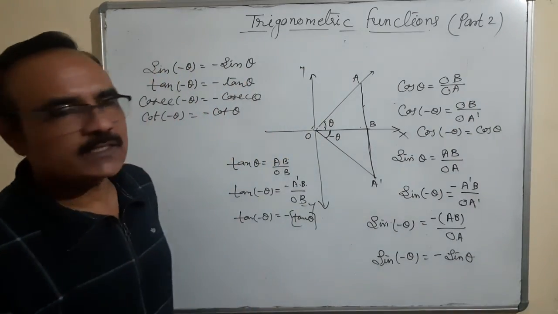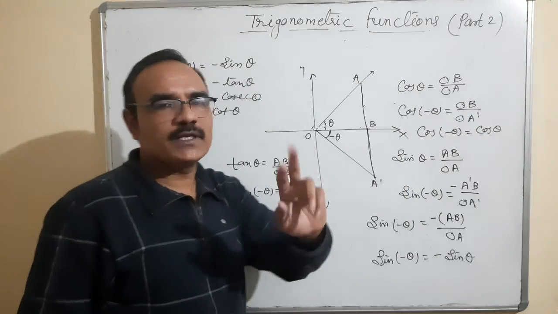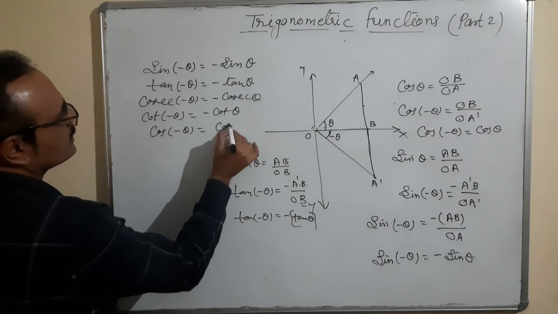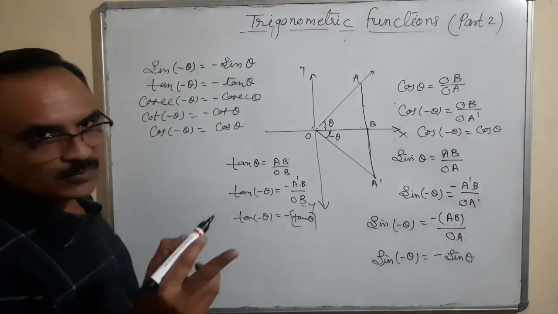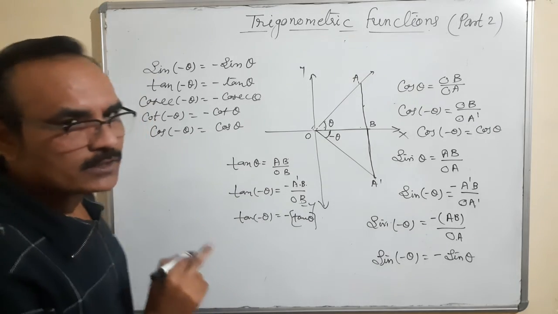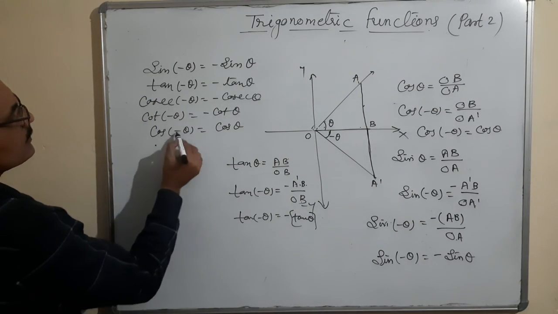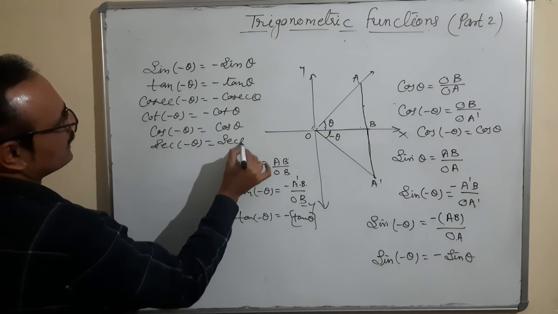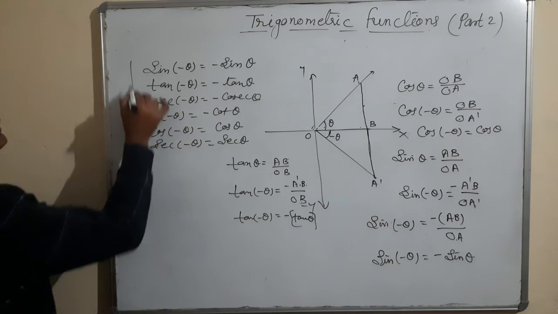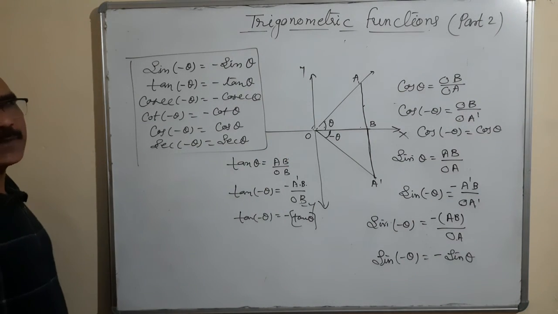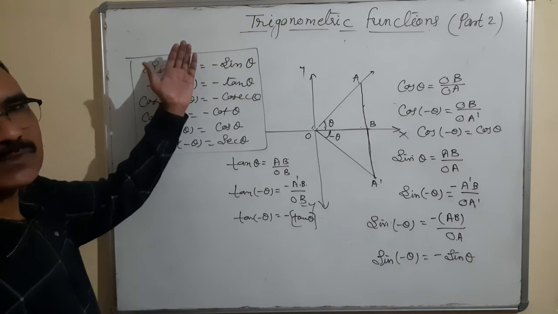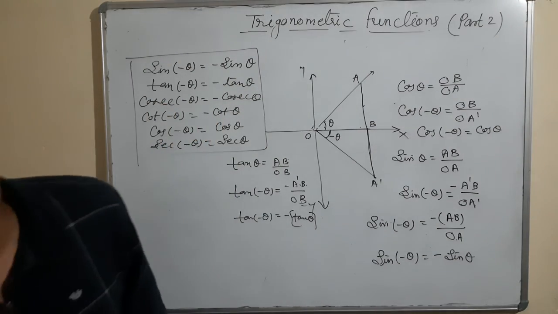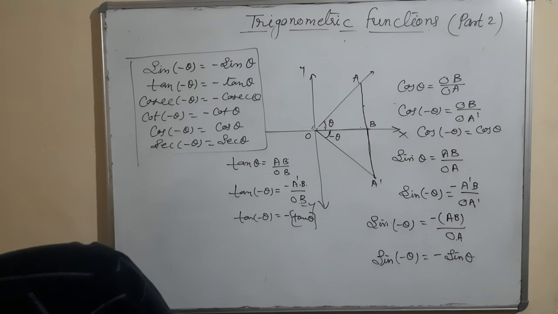So that means one is cos and the second is its reciprocal. Only two terms: cos minus theta is equal to cos theta. You remember this term. This minus will not come out in cos and sec. Cos minus theta is equal to cos theta. Sec minus theta is equal to sec theta. So that is one thing. Out of 6 trigonometric ratios, in 4 trigonometric ratios, minus comes outside, but in cos and sec, cos minus theta is equal to cos theta only.